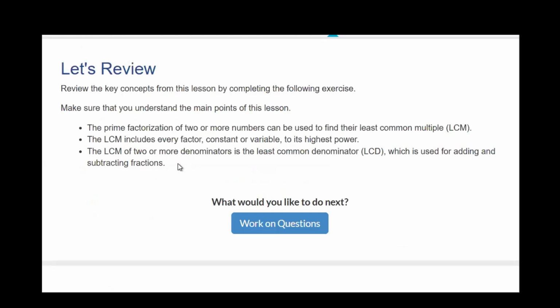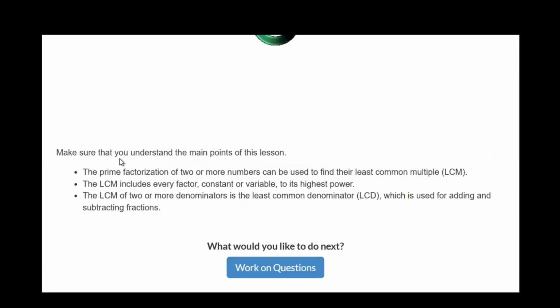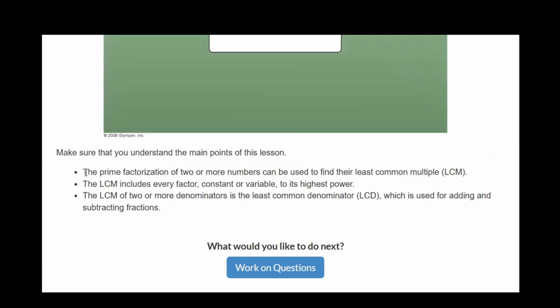Read. Make sure that you understand the main point of this lesson. The prime factorization of two or more numbers can be used to find their least common multiple. The least common multiple includes every factor and variable to the highest power. The least common multiple of two or more denominators is the least common denominator,